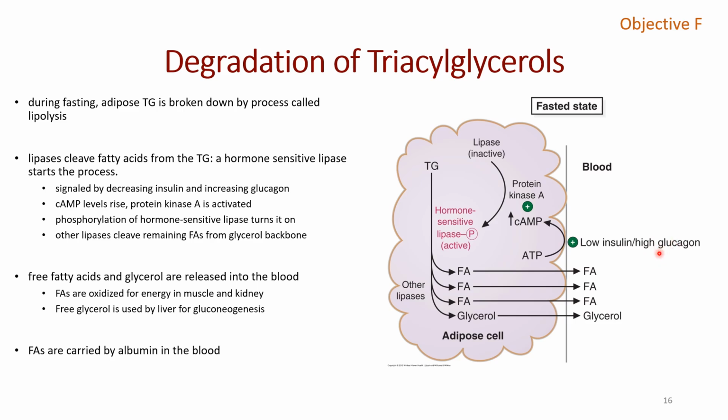So high glucagon is going to stimulate the glucagon receptor, G protein, adenylate cyclase, cyclic AMP, protein kinase A, like we've seen before. And one of the targets of protein kinase A is an enzyme called hormone-sensitive lipase, or HSL. When the lipase is dephosphorylated, it's inactive. It's just sitting there doing nothing. But when glucagon signaling starts, this protein gets phosphorylated, it becomes activated, and the hormone-sensitive lipase will take triglycerides, and